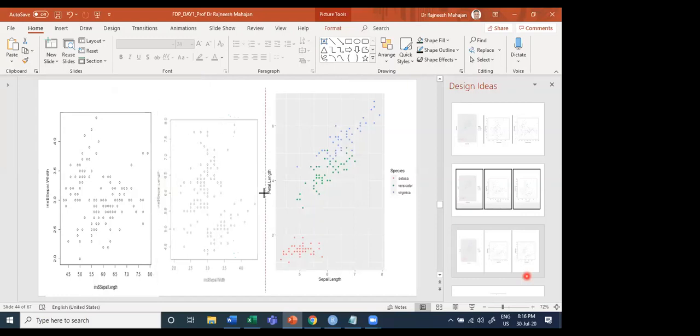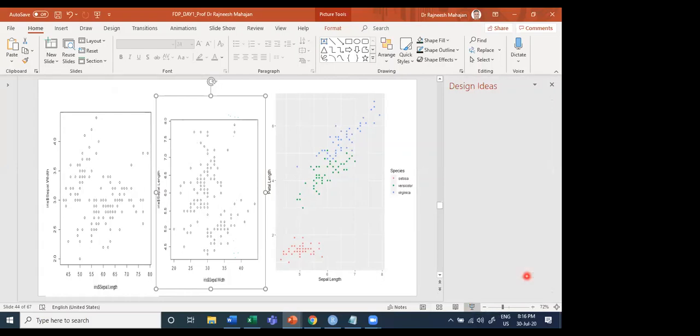So which one is better? Just see the situation and see the comparison as far as the detailing aspect is concerned. Which one is better from your perspective? So Q plot is much better visible, and it gives you insight out of your plot.